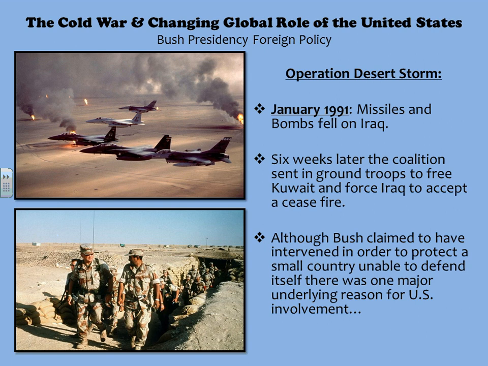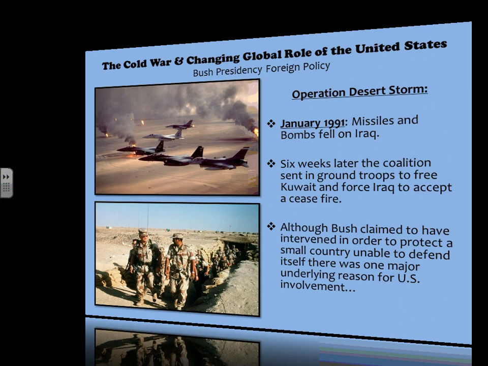This, again, was over very quickly, and as American troops returned home, the crowds cheered and people were celebrating this victory. But here's something to keep in mind. Although Bush claimed to have intervened in order to protect a small country unable to defend itself and for humanitarian rights, there was one major underlying reason for U.S. involvement in the Persian Gulf War. It had something to do with a natural resource Kuwait had that we held as very valuable. It was